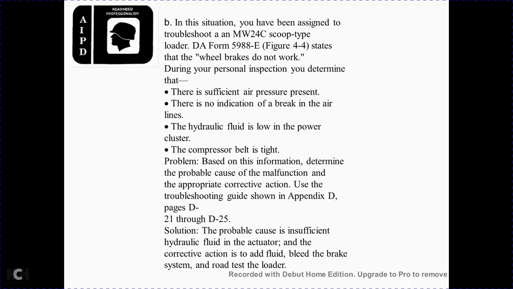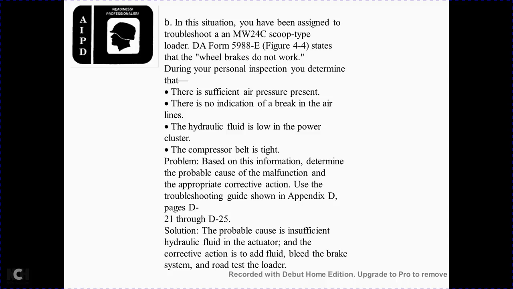It states that the wheel brakes do not work. During your personal inspection, you determine that there is sufficient air pressure present and no indication of a leak in the brake airline, but the hydraulic fluid is low in the power cluster. The compressor belt is tight. Based on the information, determine the malfunction and the appropriate corrective action. Use the troubleshooting guide in appendix D, pages D21 through D25. The solution covers the insufficient hydraulic fluid